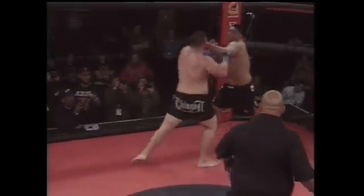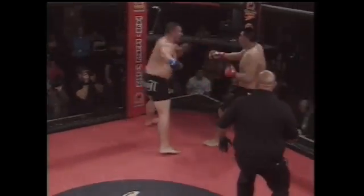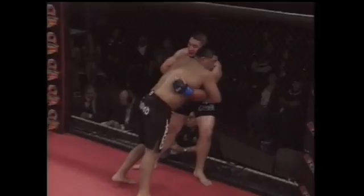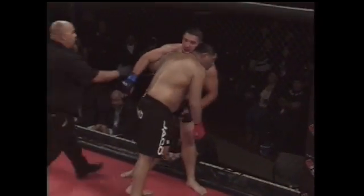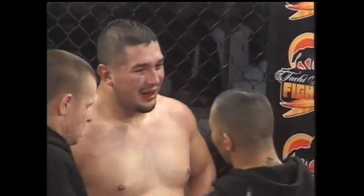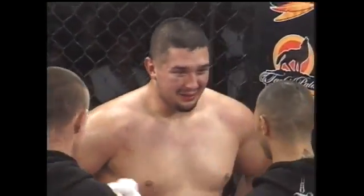We'll see. Looking at the replay here, here's Javier Ayala really rebounding, showing that he deserved that third round with punches landing. Freddie Aquintania able to save himself with the clinch and ultimately make it to the final bell. But what a great fight, a great rematch. And I would be lying if I told you that I wouldn't be interested maybe in a third pairing